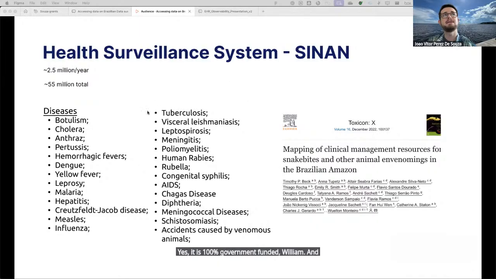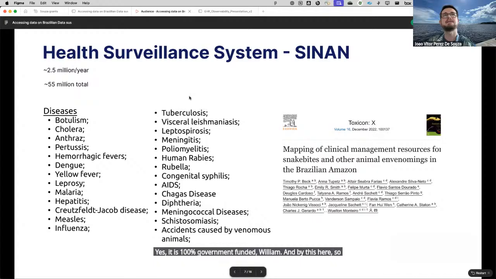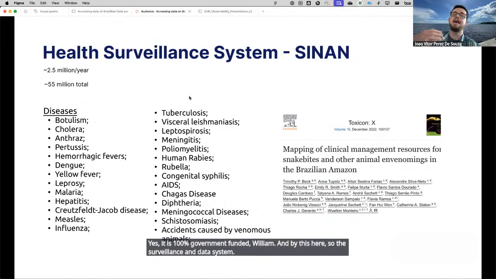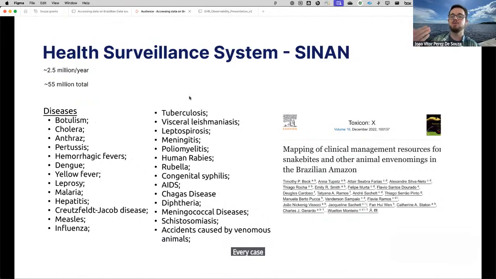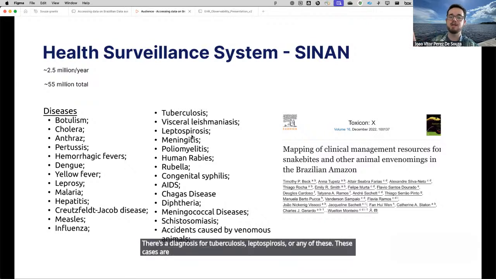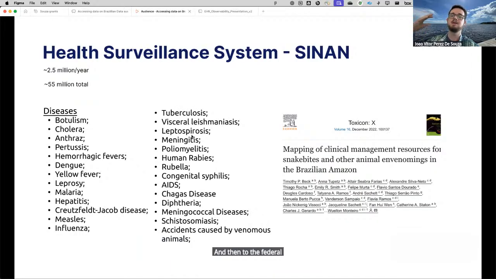And by this, the surveillance and data system, every case, every situation where a patient comes to a health unit or hospital and there is a diagnosis for tuberculosis, leptospirosis, or any of these cases, is sent to the municipality, then to the state, and then to the federal level to be stored and organized in this database.